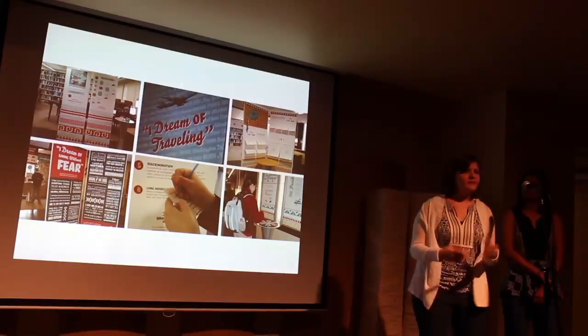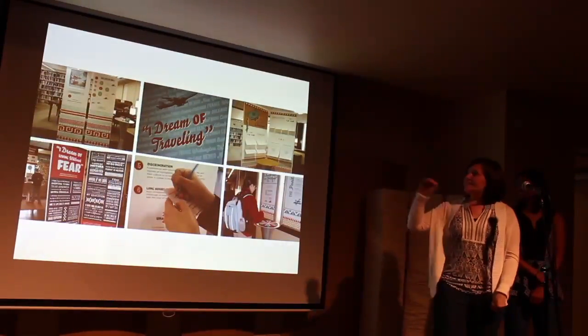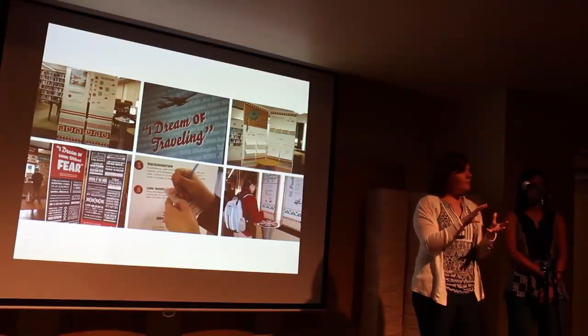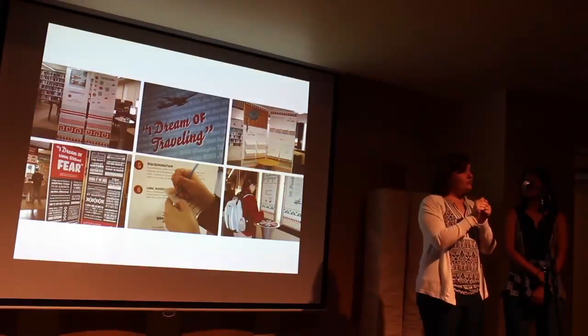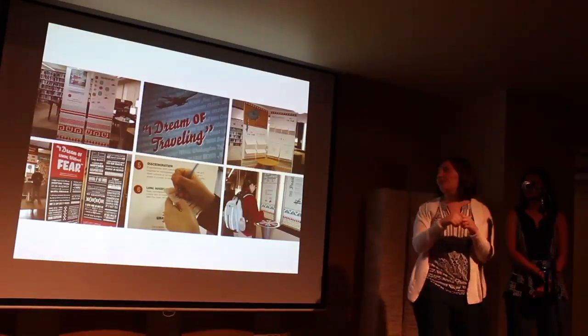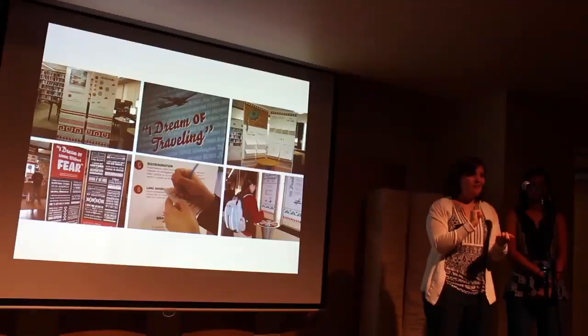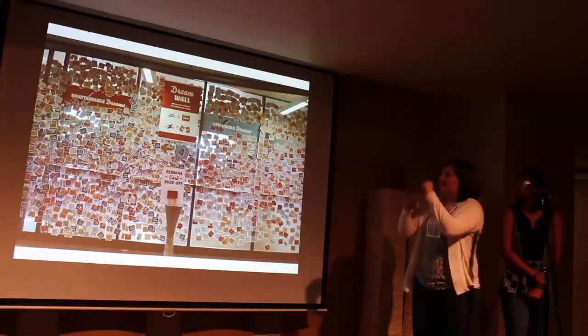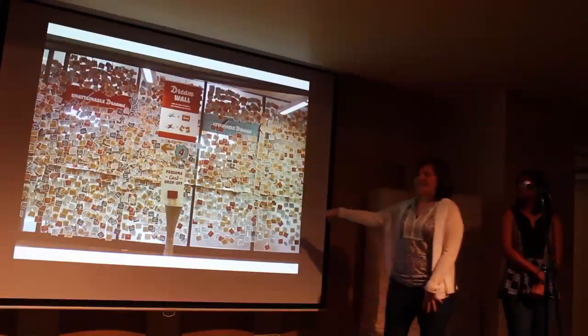other important facts. And they essentially went to each station that corresponded with the dreams that they chose, played sort of like a game, and decided if their dreams were attainable or unattainable. If they were attainable, they kept the card. If they were unattainable, they had to rip the card in half. And then that led to our dream wall. This is where they posted their unattainable dreams and their attainable dreams.